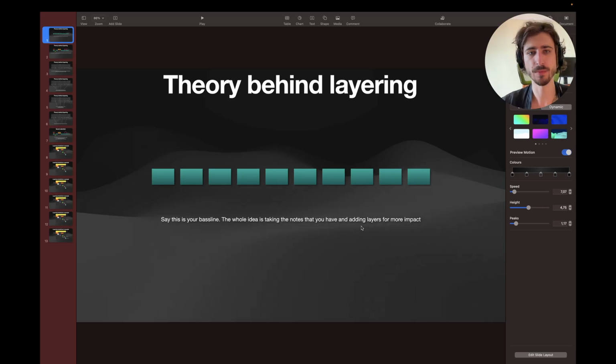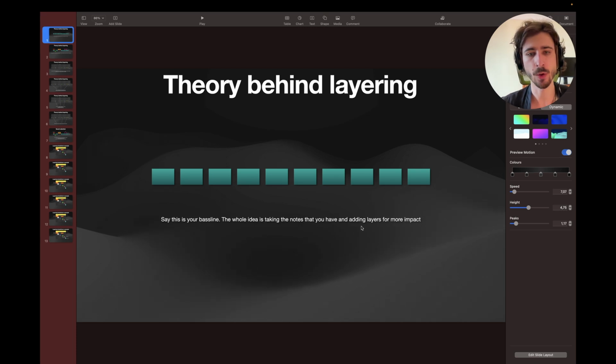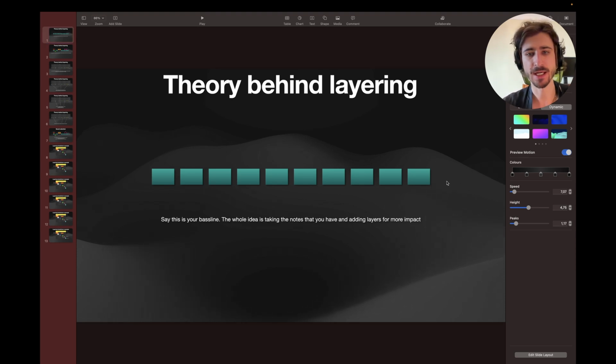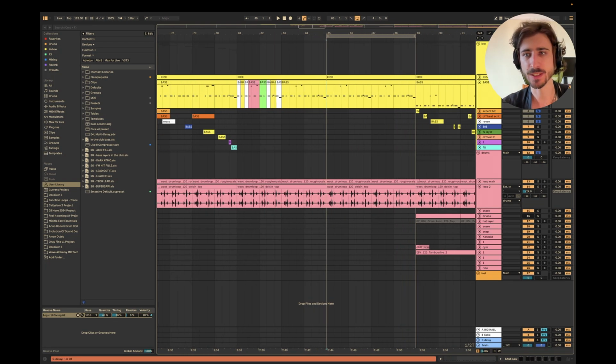As usual, I'm going to open my beautiful presentation, and I want to talk a little bit about the theory behind the layering. So let's look at this example. Say this is your bass line. So the whole idea is taking the notes that you have and adding layers for more impact, right? So in this case, that was the bass line from the very beginning that I showed you here. So this is going to be